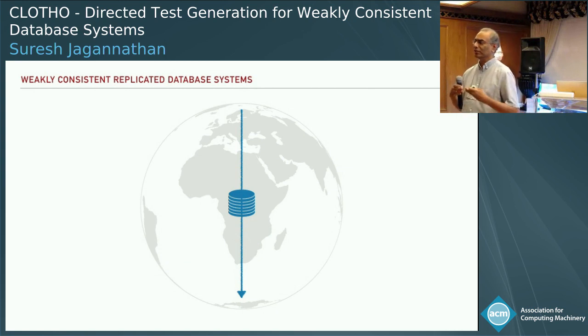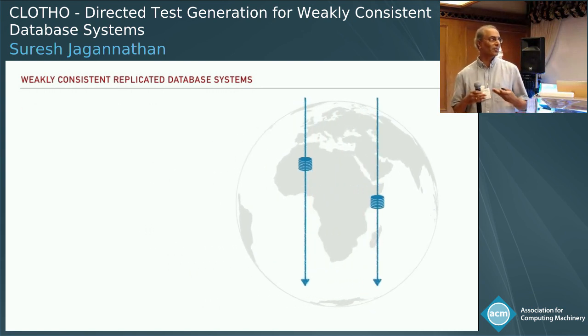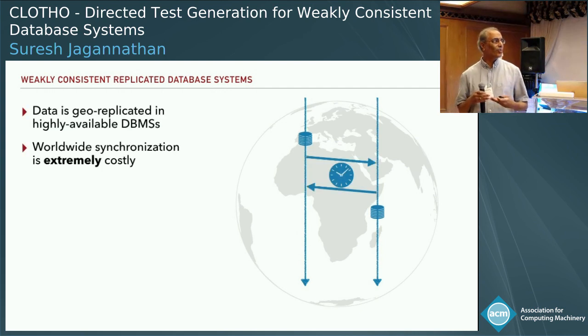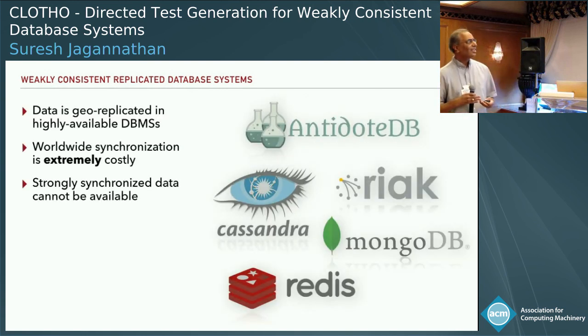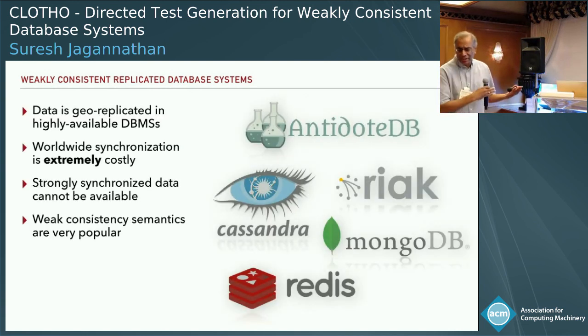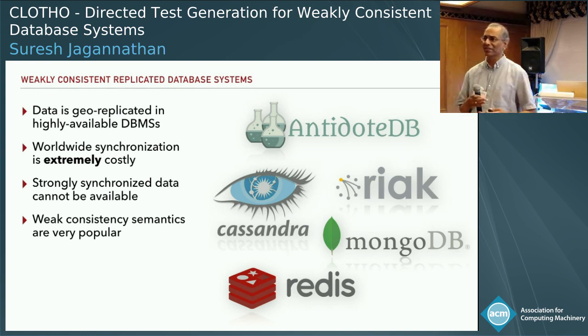So when we actually look at geo-replicated systems, systems that are going to replicate the database across multiple nodes, that are going to then be loosely synchronized at best, we find that all of these problems manifest in many, many different ways that we can't necessarily imagine upfront. So this particular problem that I've set up isn't an academic problem. In fact, almost all major databases admit weak isolation and admit these kinds of weak behaviors.